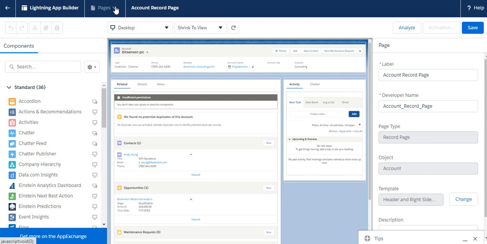And you can see this account record page, so it's showing the name of the page. And in the right section you can see this is about help, meaning if you want to check any article or need any tips, you can go to the resources from here.